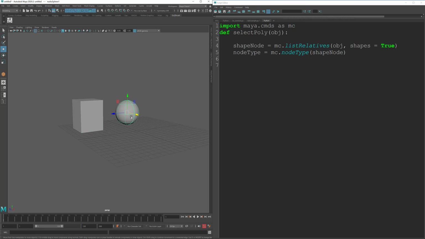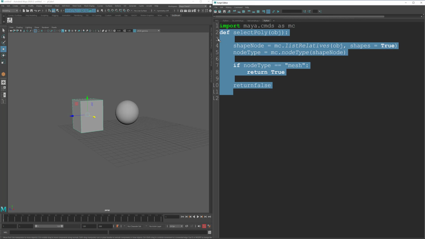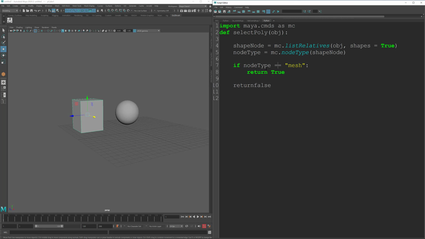Now, this is not a mesh, right? This is a NURBS object. This is a mesh. So what we're going to say is if the node type is the same as mesh, we are going to return true. That means we're going to essentially say yes, we found it, and then if not, we return out of this method false. So we're leaving this method here as false if we did not find a mesh. So when we run this script,